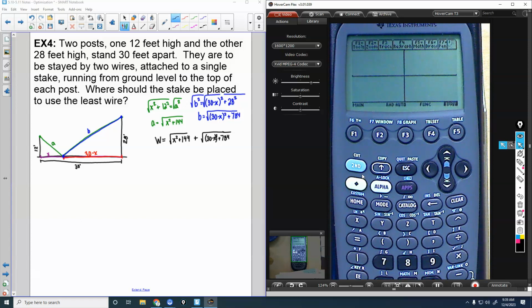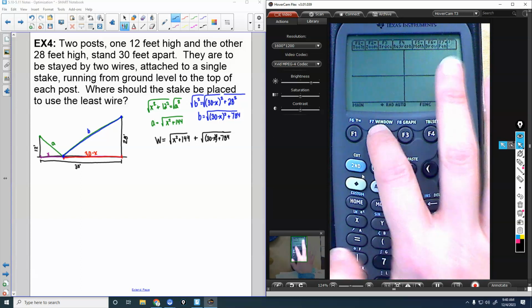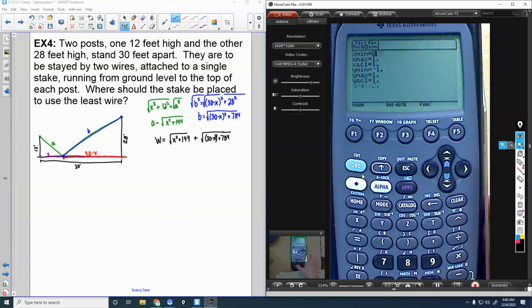What was the absolute most this could be? Because I did run through it at the beginning. What was the most I had for the wires? It was like 60 something, right? So let's go back to the window, and let's go from 0 to 60